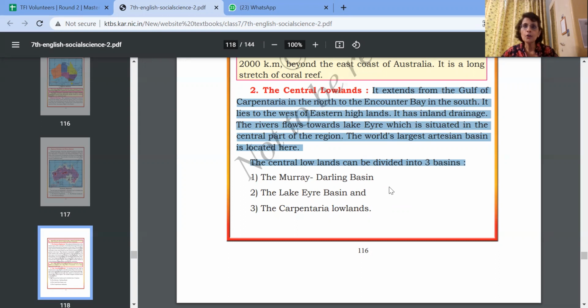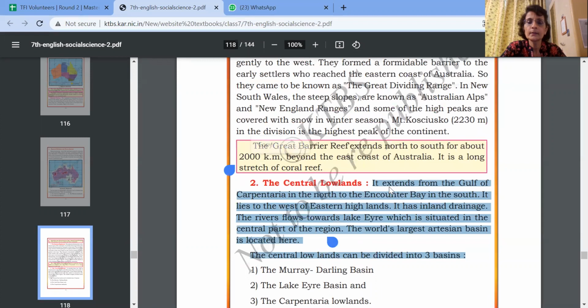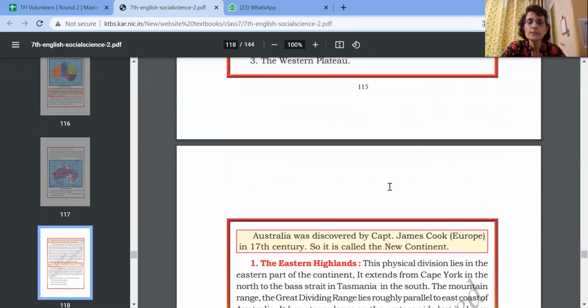That means it has lots of water underground where wells are dug, and then they can use that water. So here you have to remember from where to where, let me just show you again